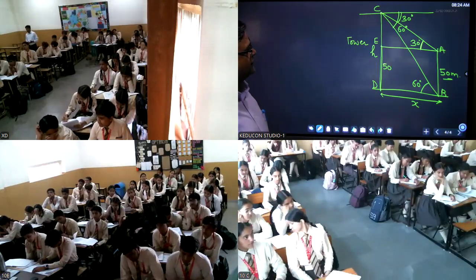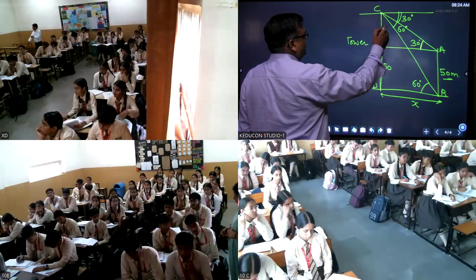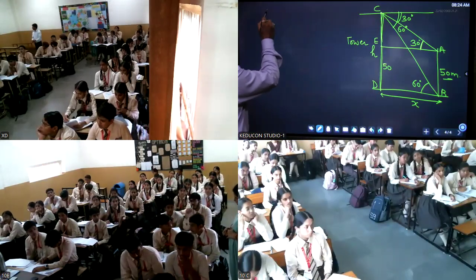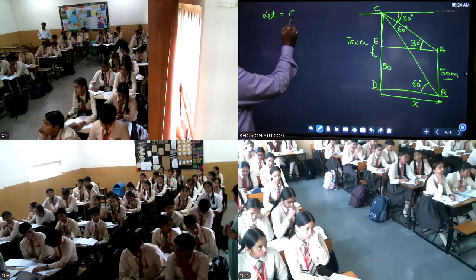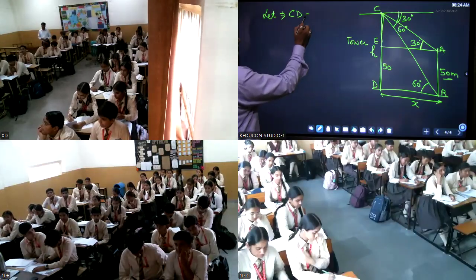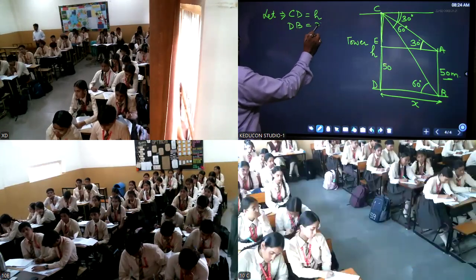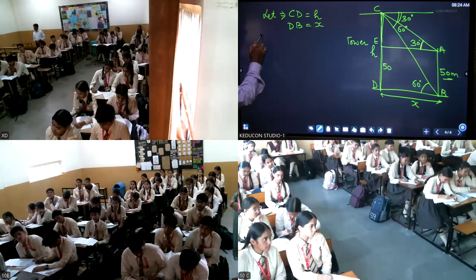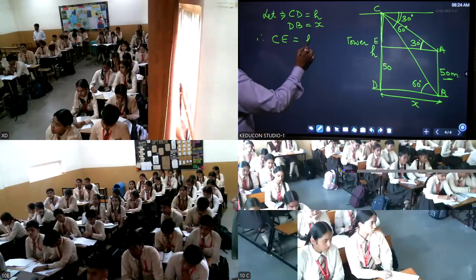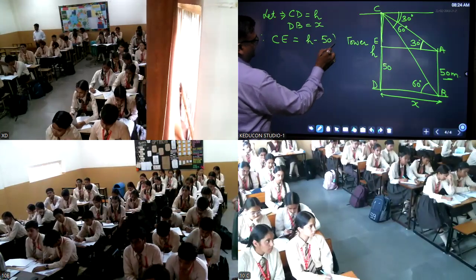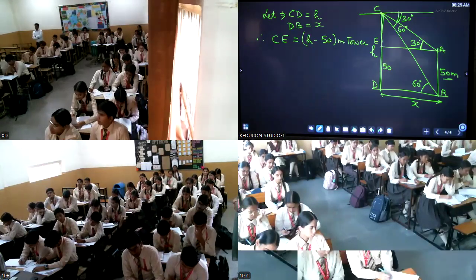So total height of the tower is h. Then the length of CE will be, what is CE? Minus 50. So what we have taken, let CD is h, DB is h, right? Therefore, CE will be equal to